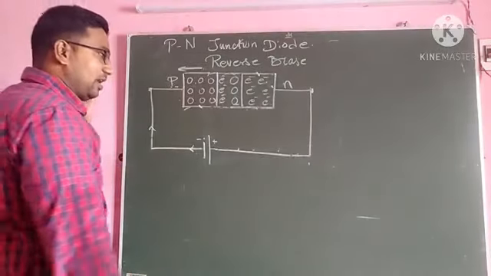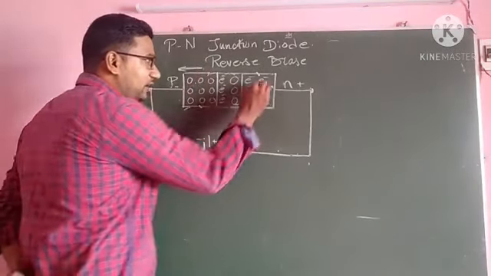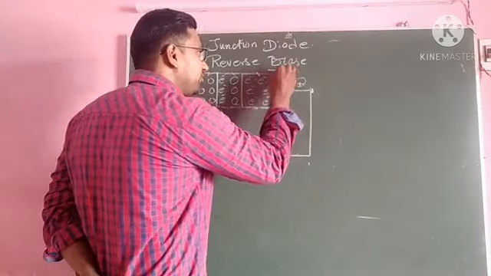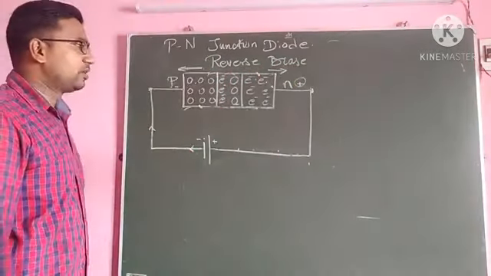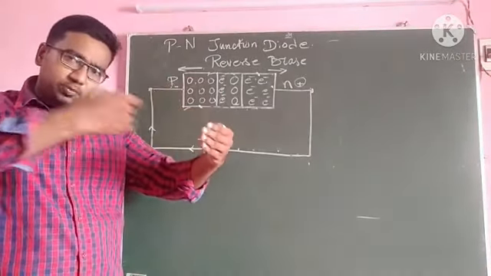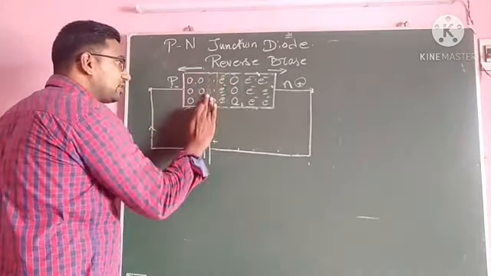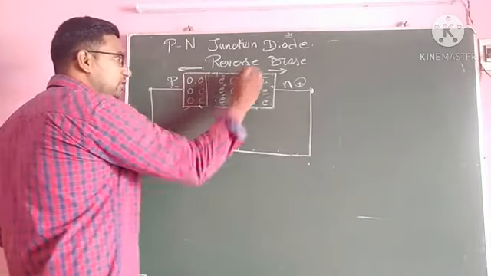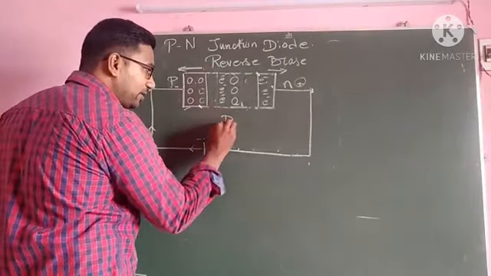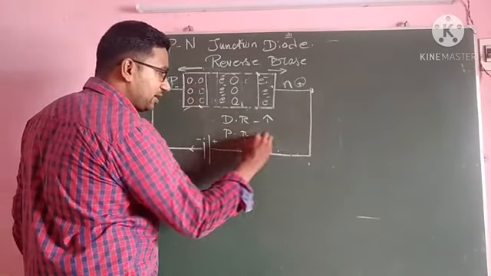Am I right? And here the positive potential approaching the N-type semiconductor attracts all the electrons. Here all the electrons are drifted towards the positive potential. So the electrons and holes move away from the junction. Here the depletion region width will increase. Am I right? So the electron and hole interaction range will increase. The depletion region width increases, and then the potential barrier width decreases.